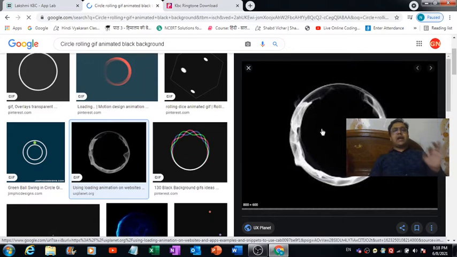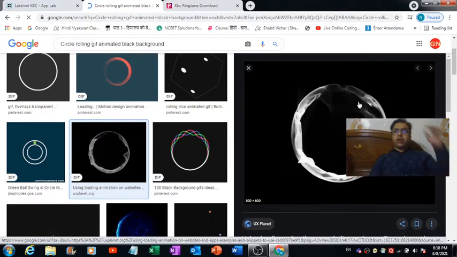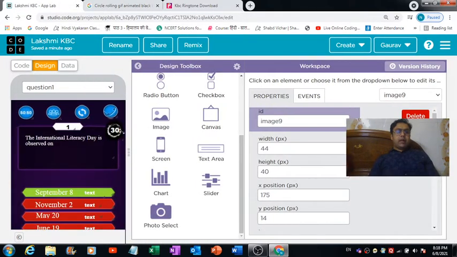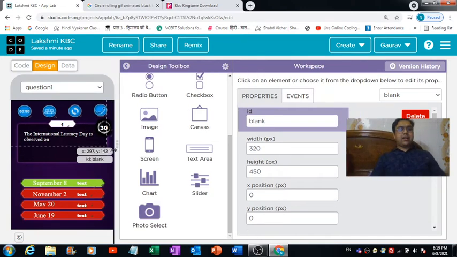So simply I have used an image button on which I have imported this image, right? So this is an image which you're seeing over here in the background, and right on the top of this image I have placed this text box like this. So now it's a kind of timer, it's looking as if it is a timer, right? Okay, so that's what I have.